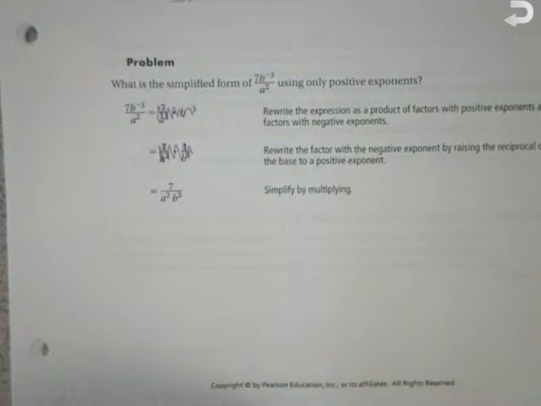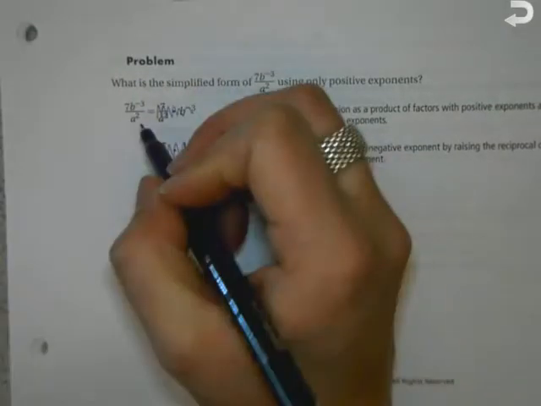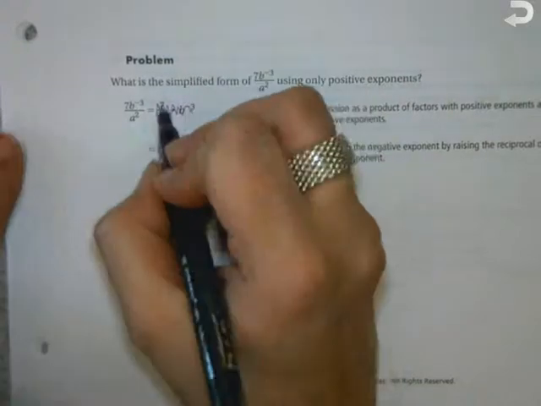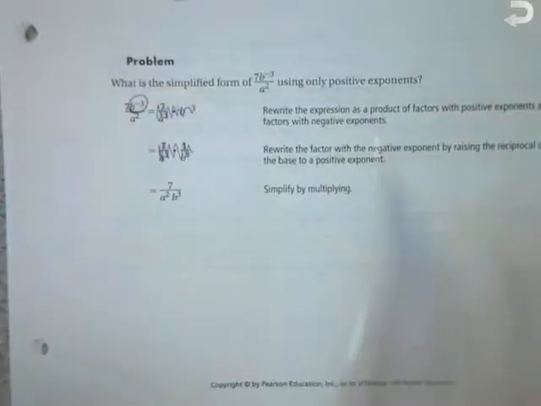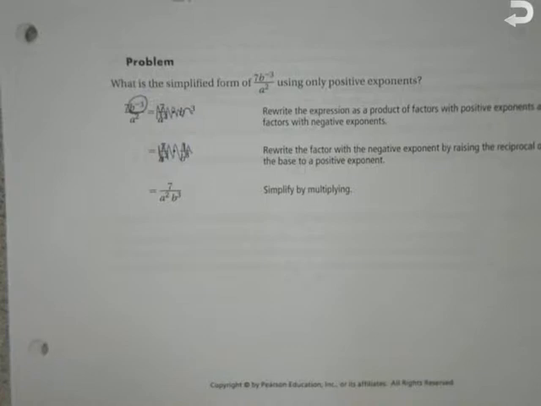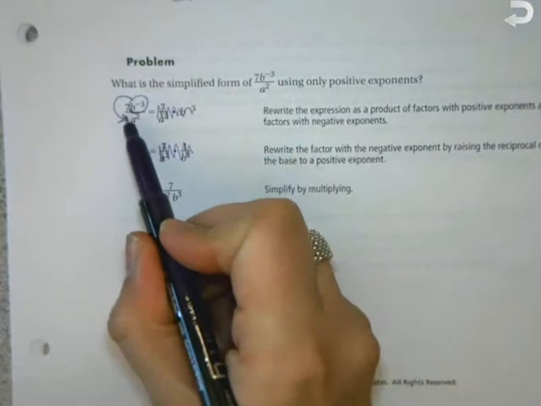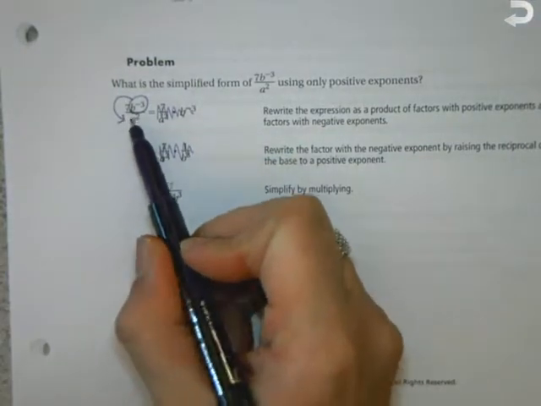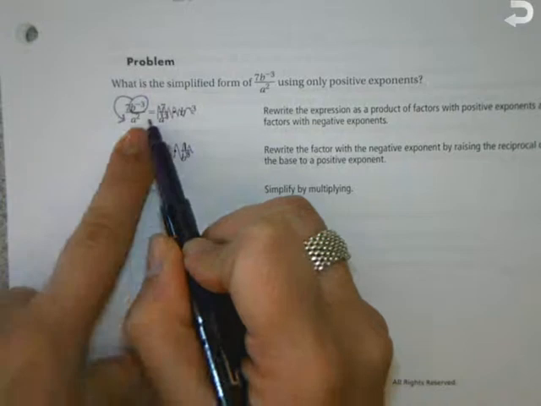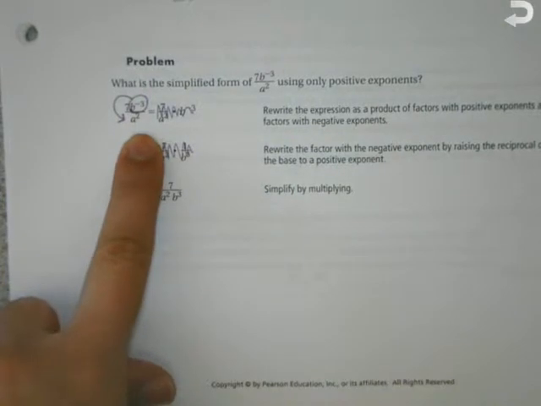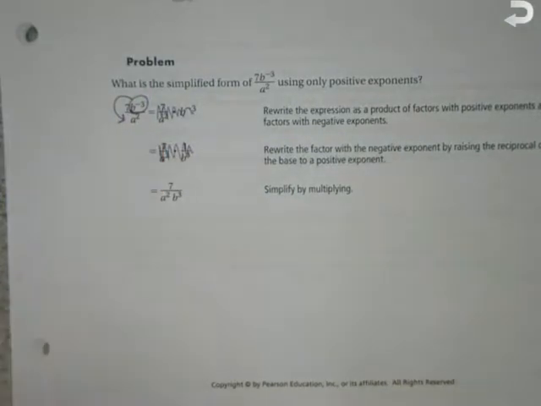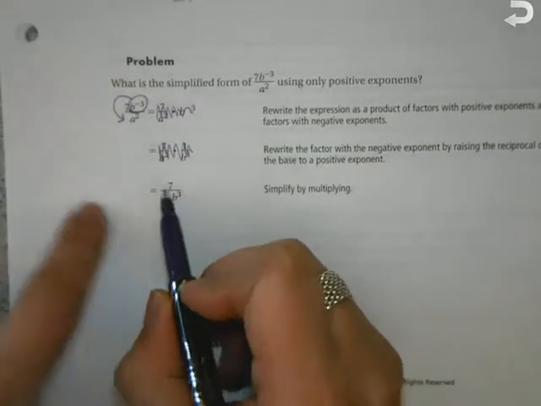It would only be all of it if there was a parentheses. It is only attached to the b. So circle b to the negative third, and what do we do because the exponent's negative? Bring it down. The 7 gets to stay because it has a positive exponent of 1. A to the second gets to stay because it has a positive exponent of 2. So to rewrite this, we write 7 over a squared b to the third, and that ends up being your